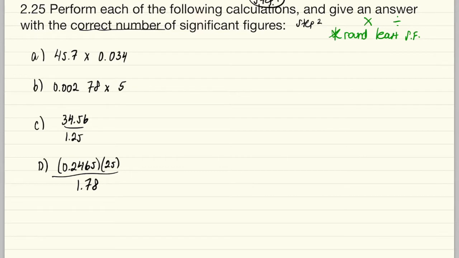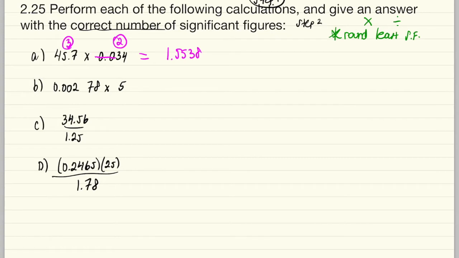I have my calculator. So 45.7 has 3 sig figs. This guy here, these zeros don't count. This has 2 sig figs. But when you enter it in your calculator, enter 45.7 times 0.034. Enter everything like it's shown. Hit the equal key. Okay, and I get